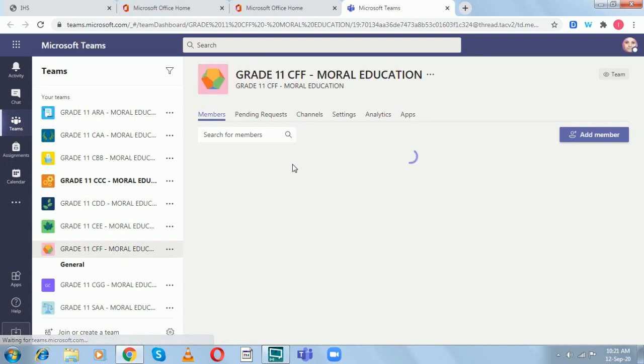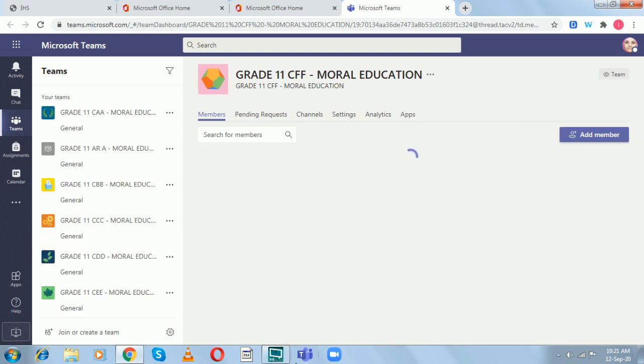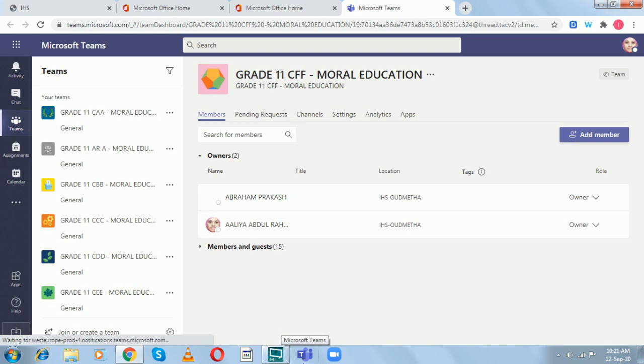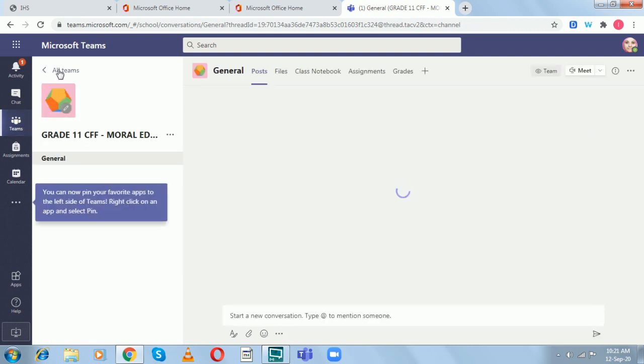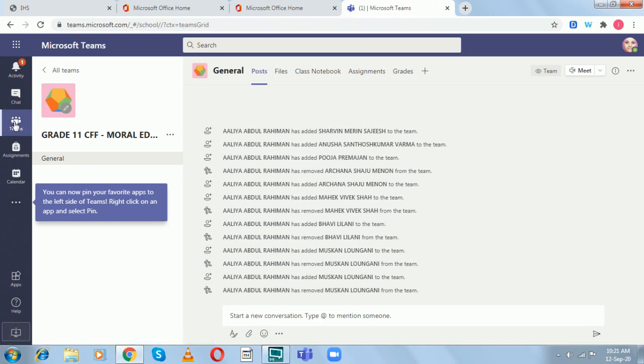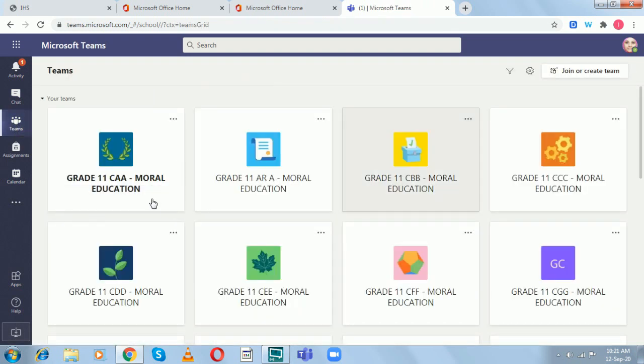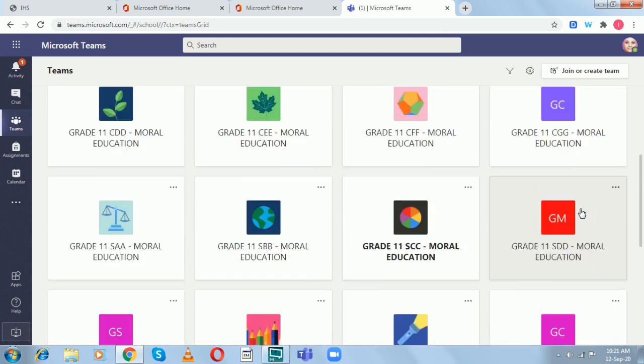These are the classes that I have, but there is a different view where you can see all your classes together. So let us get into that page where I can see all my classes together. This would be the view of each class, like to view the members and all. You can see the members here. So we are going into the class view, the grid view of all the classes. Click Teams on the right side and you can get that. Sorry, on the left side.